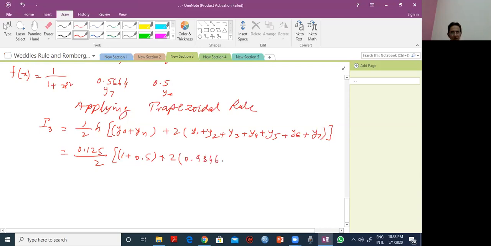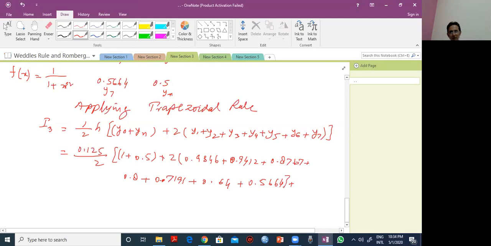0.846, 0.9412, y3 is 0.8767 plus, y4 is 0.8 plus, the 5th value is 0.7191 plus 0.64 plus 0.5664 plus